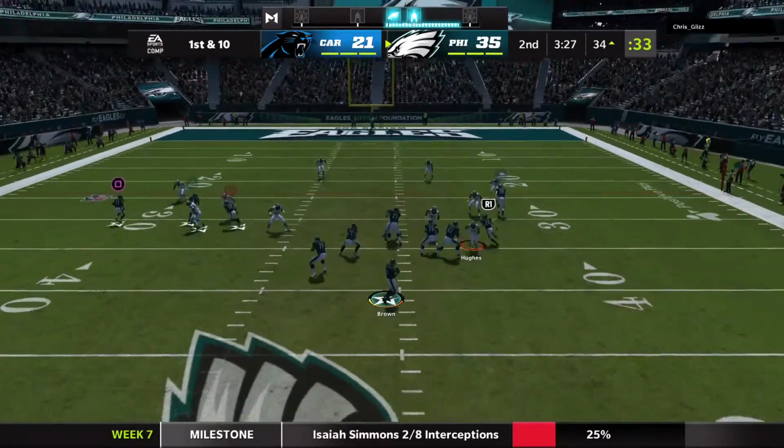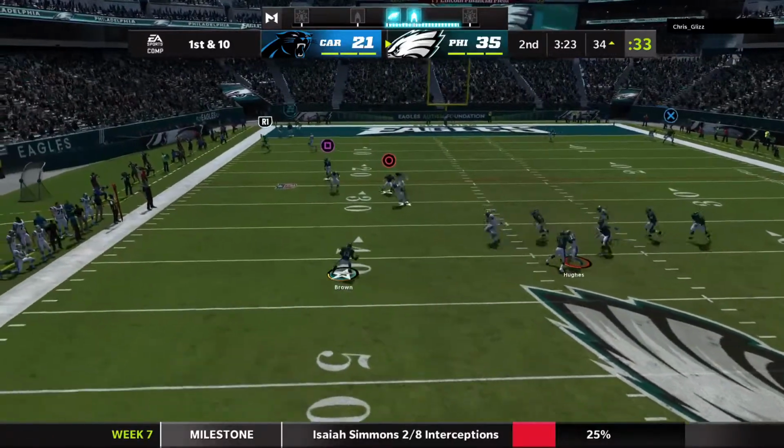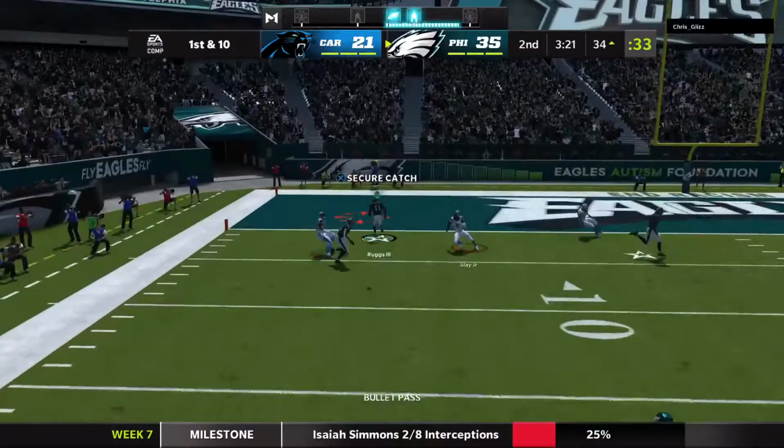It looked pretty going through the air. The problem was it was in the air a little bit too long. Yeah, that's a tough one because for that type of a route and what he tried to...